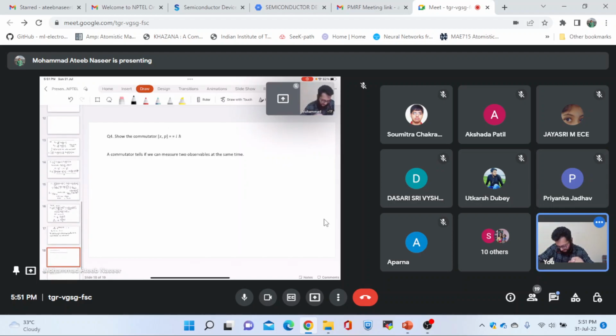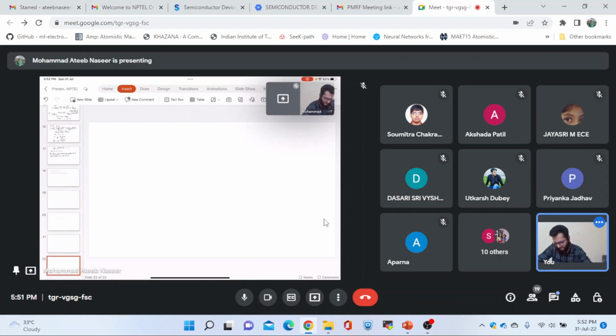Now let us see, I think I will be able to just show one problem more. Let us see another problem which I have put, where I will be simply introducing you to the concept of the commutator. What does it signify? I have just written what it signifies. It will tell us whether we can measure two observables at the same time. And as we all know, we have Heisenberg's uncertainty principle, and we will be seeing its implications over here as well. So if we see that we have this commutator operator for x and p, we can simply write